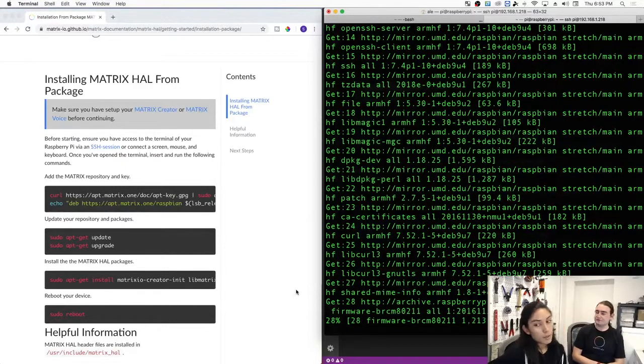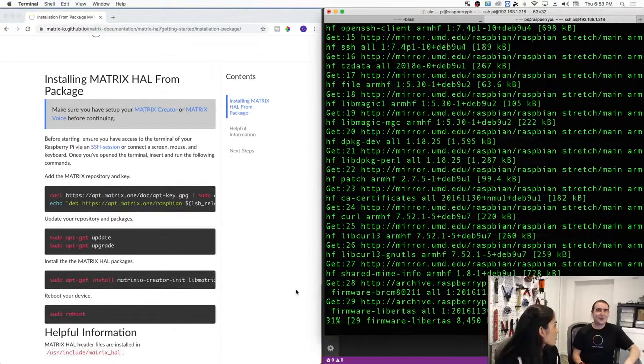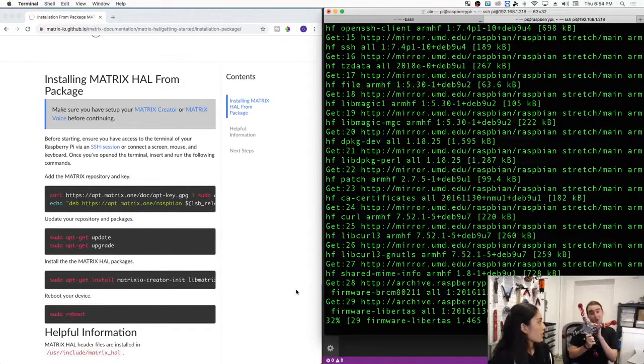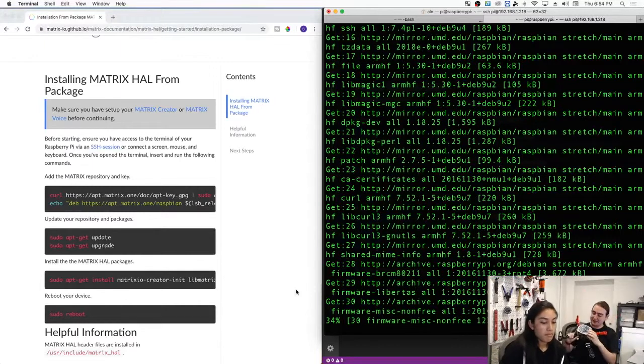In the meantime, do you want to talk about any projects in HAL that we know of? I guess the grandfather clock is one that we already talked about. Yeah, the grandfather clock's amazing. One cool project that I was working on a while ago, which here I could get it, was that I was trying to make a drone. So this is a drone. It's controlled by a Matrix Creator on the bottom. I have a Pi camera here because I wanted to